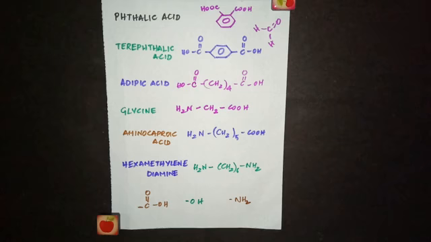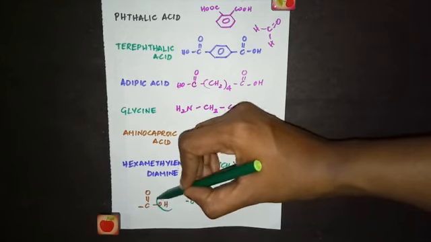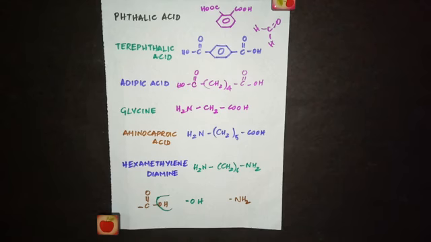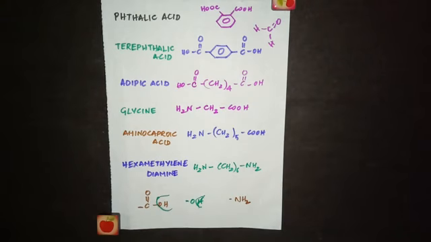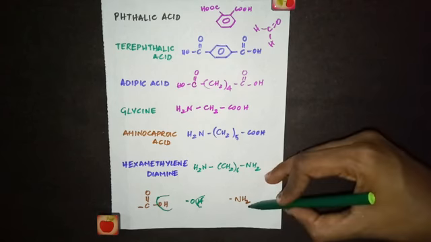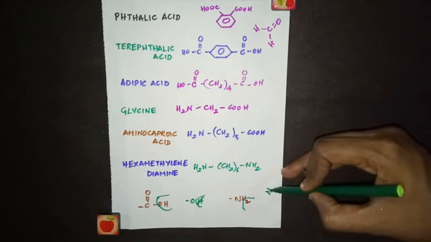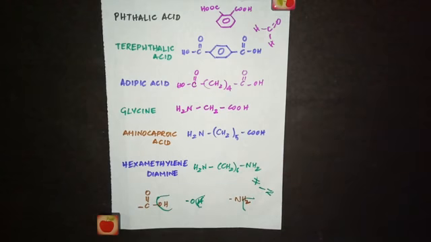If you have an acid group, OH will be removed from that. So this OH will go out if you have an acid group. If you have an alcohol group, which means OH group, H will be removed from that. If you have an amine group, one H from that will be removed, so we will be writing N bond H. So remember this, then it will be easy for you to write the polymers from the monomers. Now we will see these condensation polymers one by one.